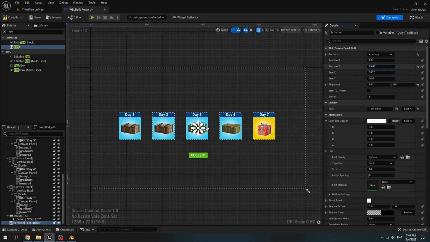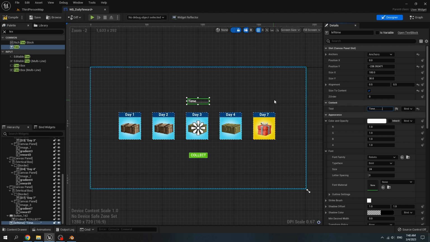Set the position to minus 215 or higher than this. And then size to content is true. And for text, set is time. Set it to is variable because we need to change it.